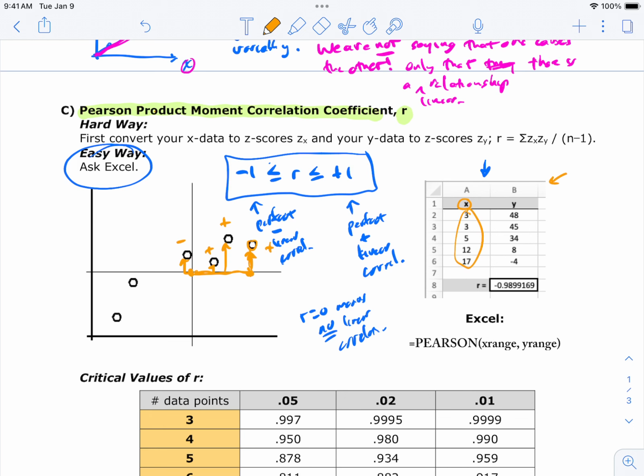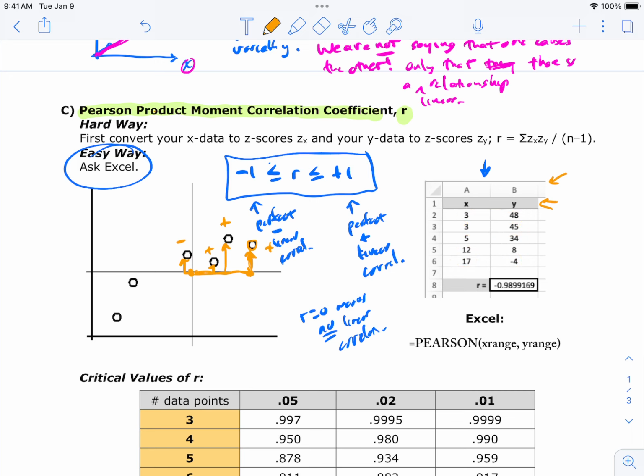Now the X here and the Y here, you don't have to enter the X and the Y if you don't want to. I just like to put these labels in my Excel spreadsheet so it's easier if I open it up later, I'll remember what I was doing. But I've got the point x is 3, y is 48. I've got the point x is 3, y is 45. I've got the point x is 5, y is 34, x is 12, y is 8, x is 17, y is -4. Okay, cool. So what I did is using 2 columns, I put my XY table in for some